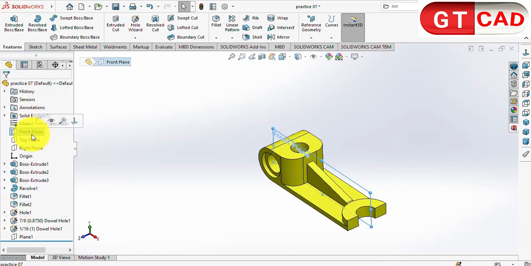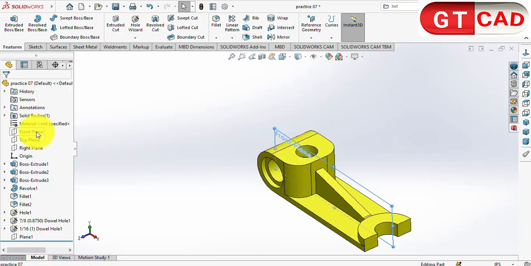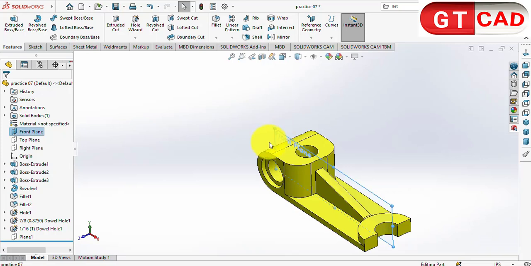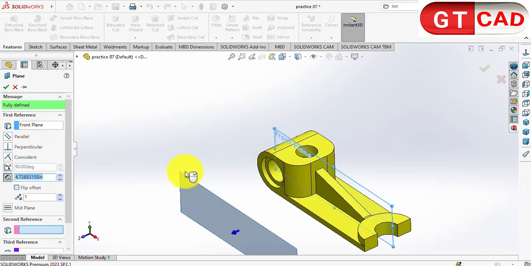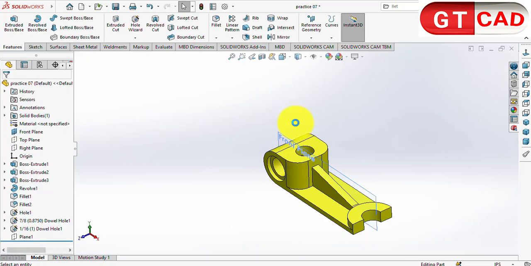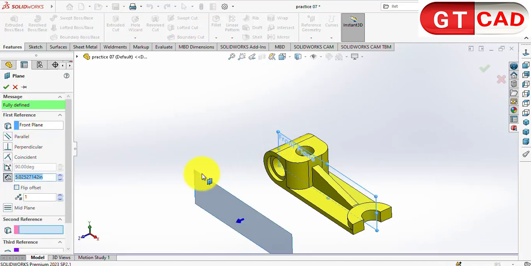I want to create a plane that has an offset from the front plane, or show this front plane. Just press and hold Ctrl and drag the front plane further. Okay, do it again. Press and hold Ctrl and drag the border of the front plane here. Okay, for example, you can make an offset from